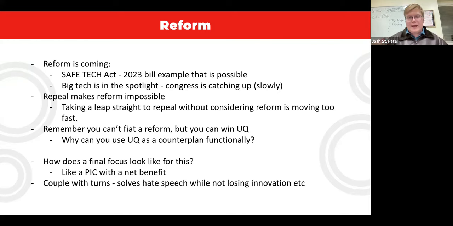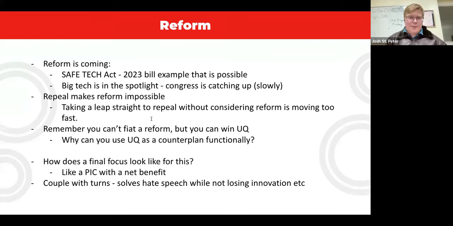So you could use reform as an argument that reform is better than repealing, and we prove that reform will happen. And so your final focus is basically going to look like, hey, we are the pro here. We are the pro, but we have a net benefit. We're able to get rid of these bad parts. So if we quickly assume that the FOSTA-SESTA act I talked about earlier actually works to help stop trafficking on these sites, then you could argue that it's an example of something that is going to happen that will solve every bit of the pro-trafficking argument, that then also gets the benefit of the con arguments. So you're trying to get a best-of-both-worlds scenario here, which is super strategic.